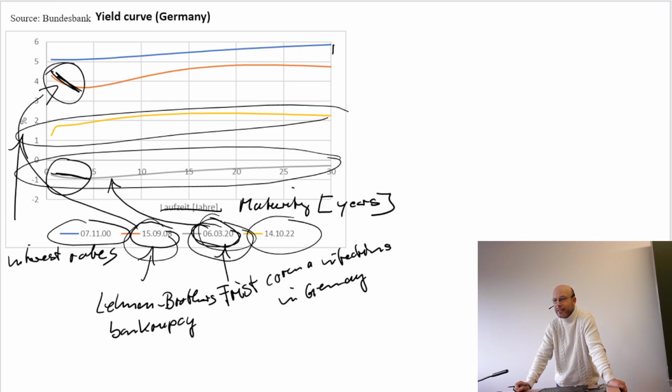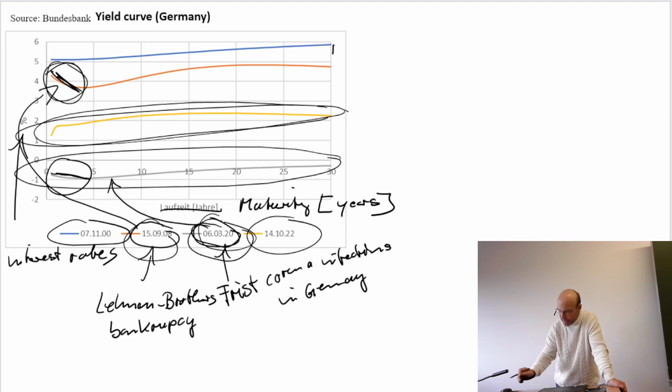But unfortunately, we do not see the inversion of the yield curve 3 months, 4 months, 5 months or so before the crisis starts. But I say right now we have, due to the increase of the key interest rates of the central banks worldwide, this shift again of the yield curve in the positive part.